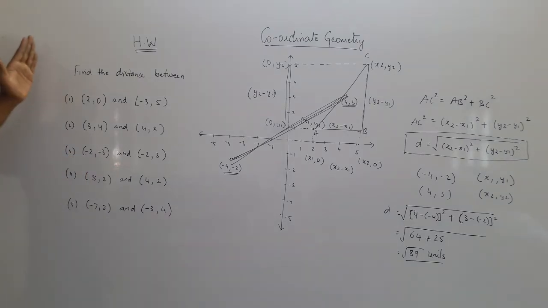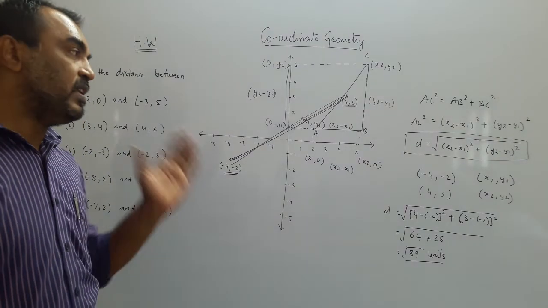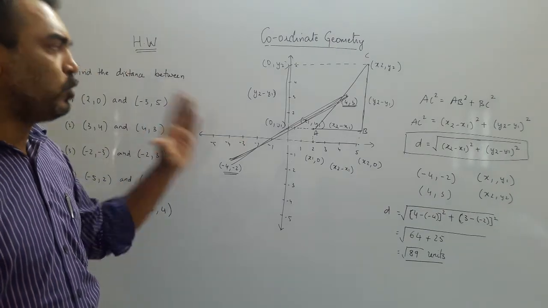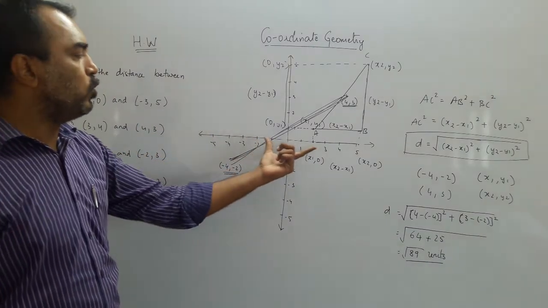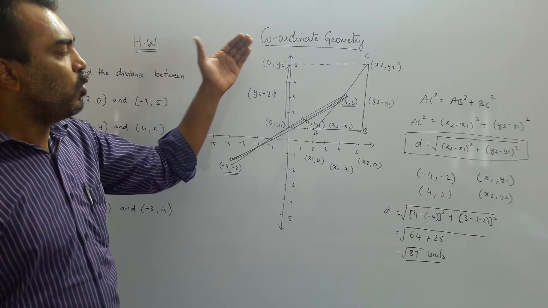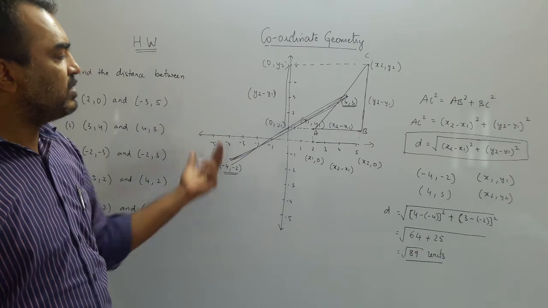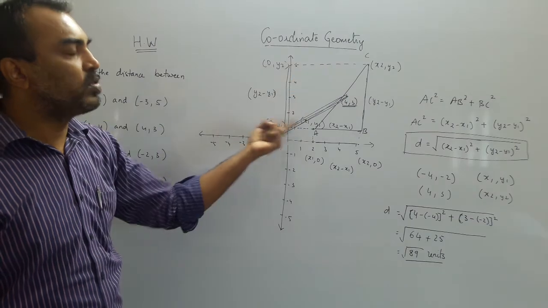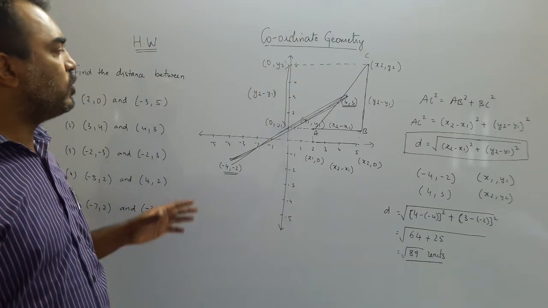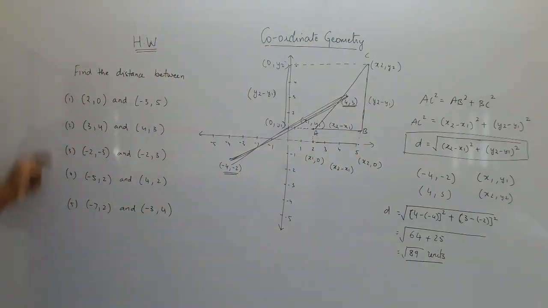So the first step you have to do is only find out the distance for these 5 sums given to you. So go through the video one more time. I have started with the 9th standard with the origin of the number line. Try to understand. Mathematics becomes very good when you try to understand it in detail. So I told you the origin of the number line, positive, negative numbers, why we need 2-dimensional numbers, the 4 quadrants, the coordinates in the 4 quadrants, distance when only one dimension is changing, and distance when both the dimensions are changing. So your idea for today: distance formula, only one formula for the day, and only 5 sums.